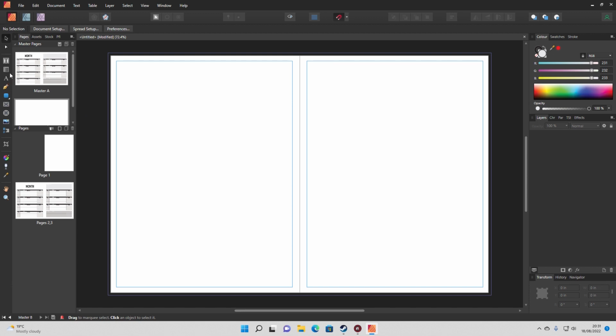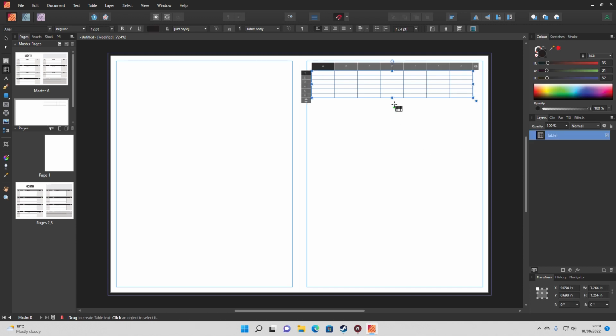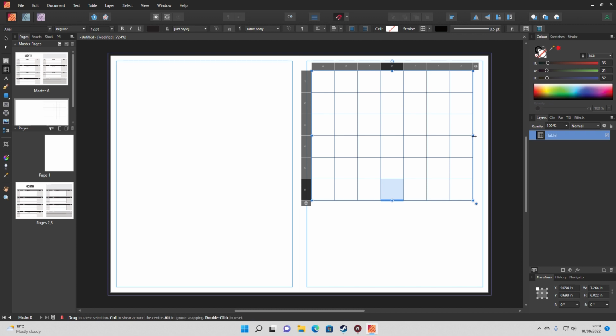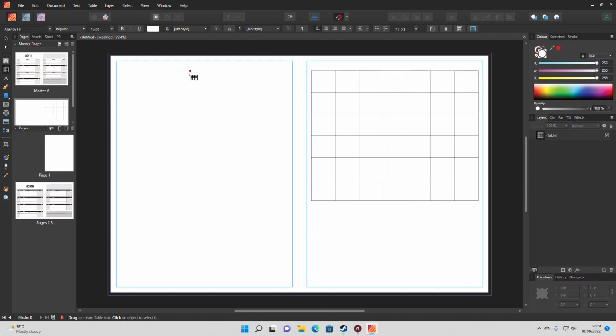So the first thing I'm going to do is use the table tool to create the actual boundaries of the calendar. So it needs to be 7 columns by 6. That's great. And then stretch this down. Make it whatever size you want. That'll do me. I will just pull it down a smidge,